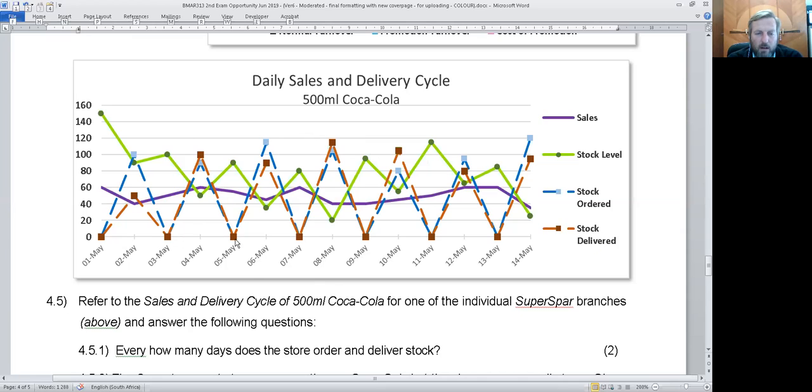Both for ordering and delivery. So ordering and delivery, how many days? Every second day. That's an easy question. Now the next question is,